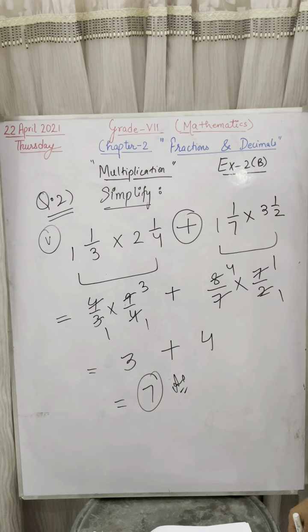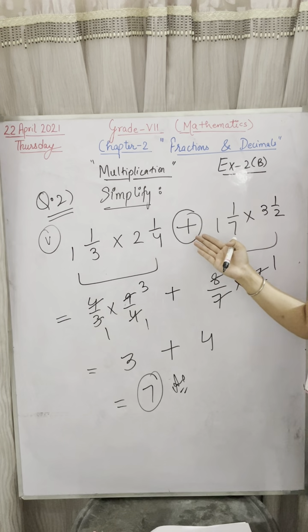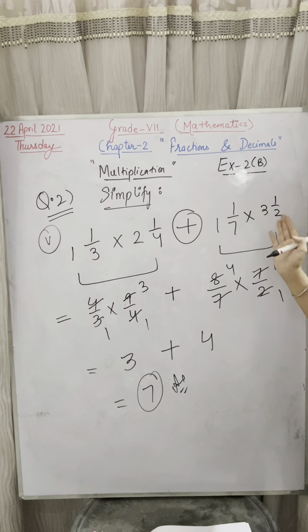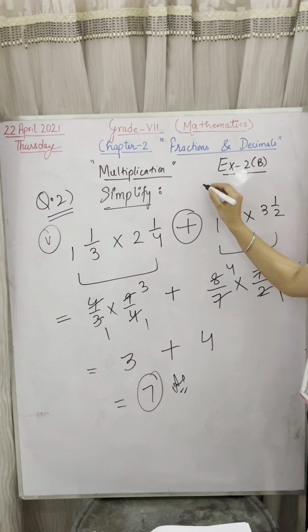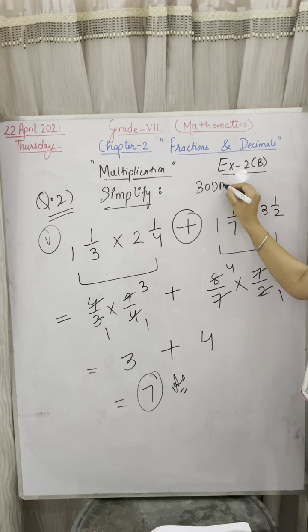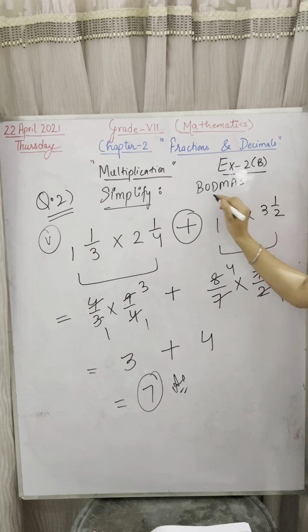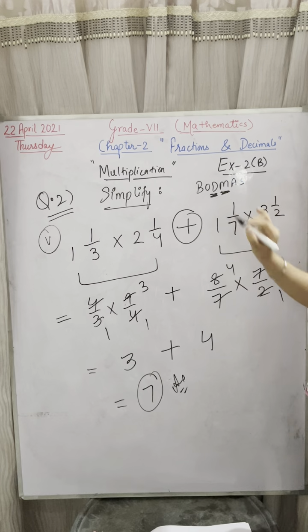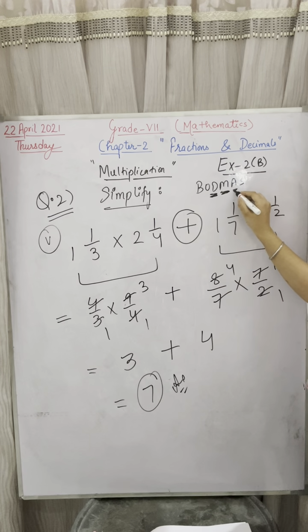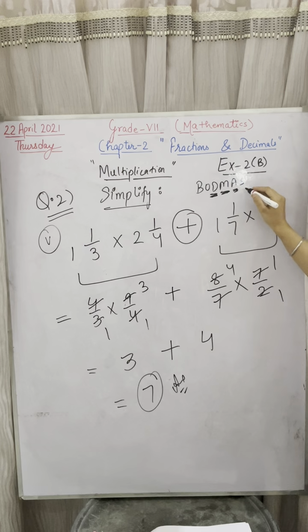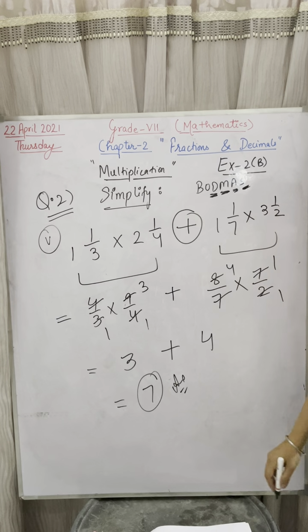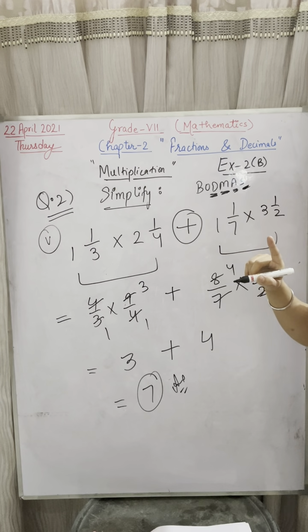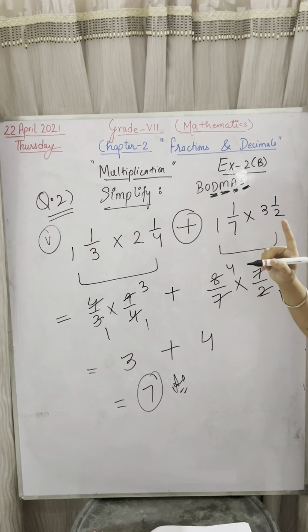Yes, Arshia, very good. Any doubt? In simplification, they can give you multiplication also, addition also, subtraction also. So first of all, you have to see that we have done the BODMAS rule. If division is there, first of all do division. If multiplication is there, do multiplication. If addition is there, then do addition. If a subtraction sign is there, at the last do subtraction. Follow this BODMAS rule. Vanya, adjust your camera.